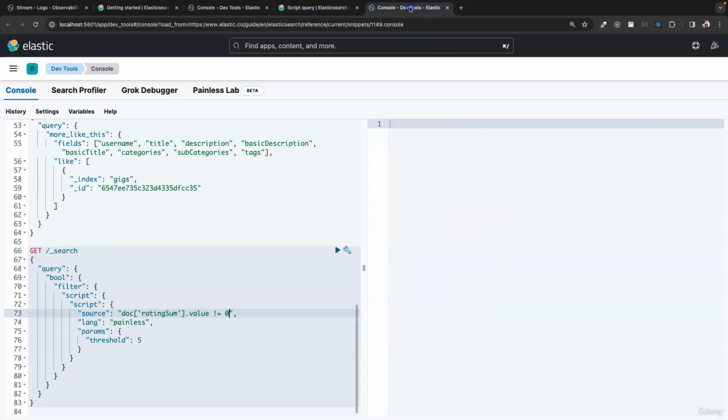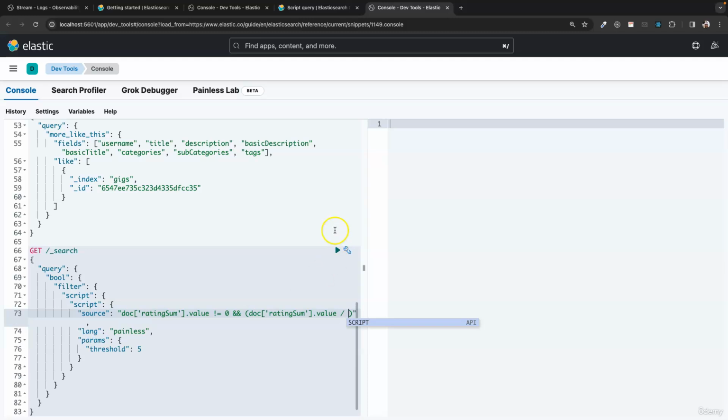Okay, so if rating sum is not equal to 0, and then we can use the and operator. Okay, and I'll use brackets. And then inside the bracket, if doc of rating sum dot value